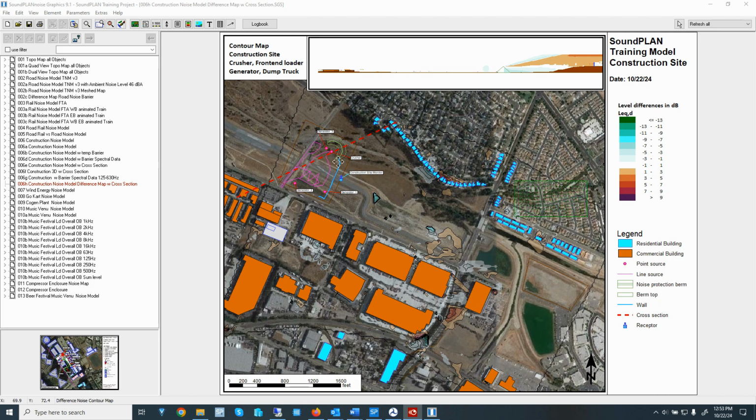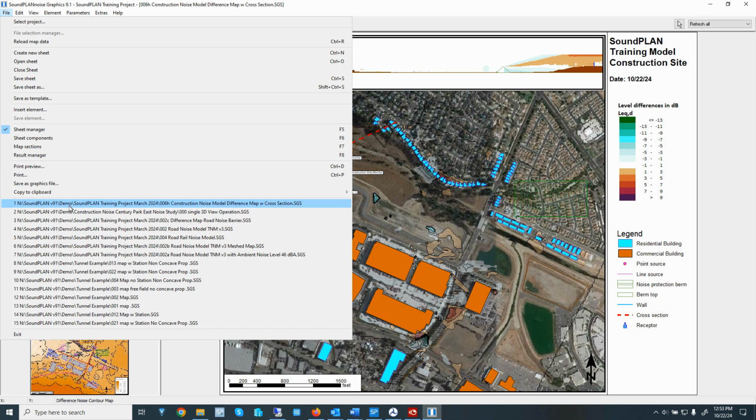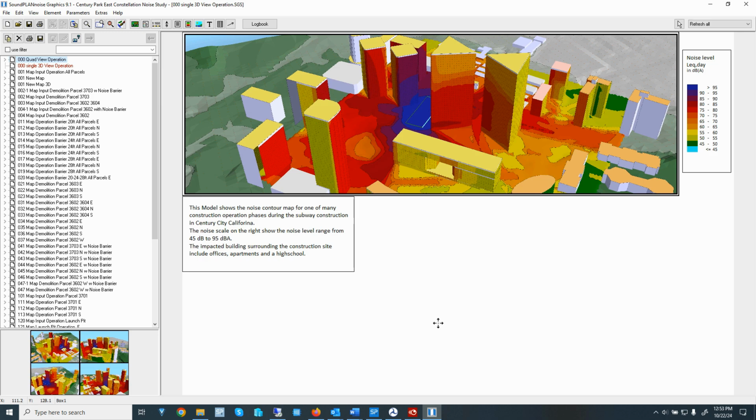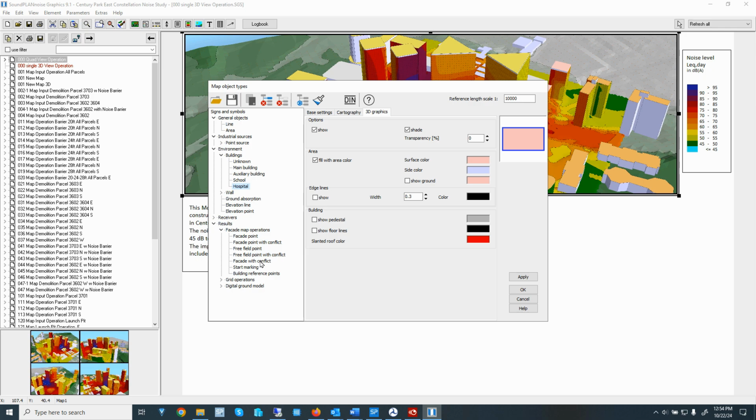The last change I want to show is new in development in terms of the Façade Noise Map. With this version 9.1, we actually have contour colors on the facades. So SoundPLAN will create the contour lines on the facades, and we can set that up in the map object types.